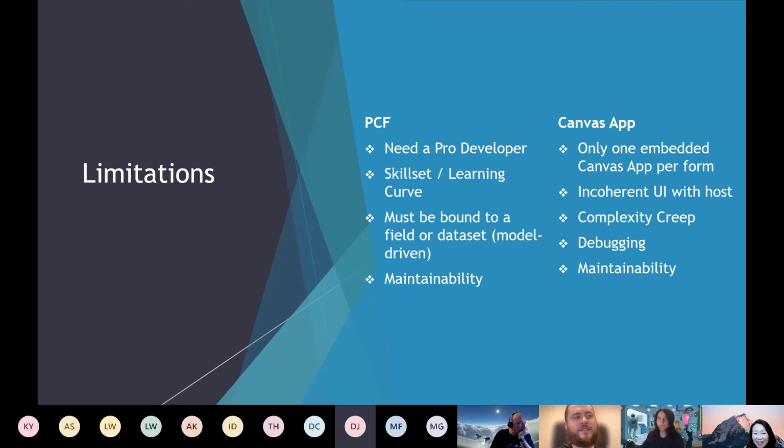How do you do source control with Canvas apps? Yeah, good question. Probably skipped over that. It's a solutionable component. You can put it in a solution. You can do all that kind of stuff, and this is not specific to embedded Canvas apps or non-embedded Canvas apps. They have their own version control as well, kind of native to the application that you build Canvas apps in. It's not as good as your traditional version control with solutions and moving that all out, but it exists and it's there.